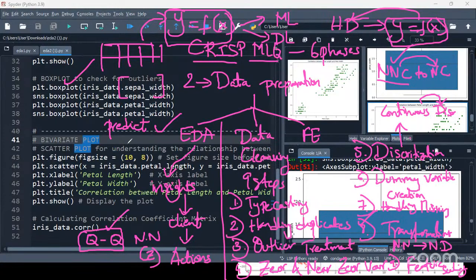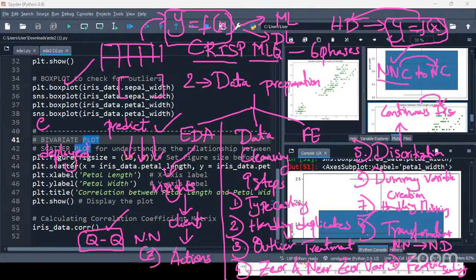Once the predictions are coming in the right way, we'll also check the evaluation. We'll evaluate the model's performance with metrics; there are multiple metrics depending on the use case. And finally, the model will be deployed to production.